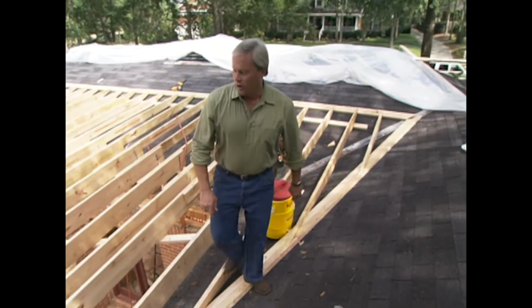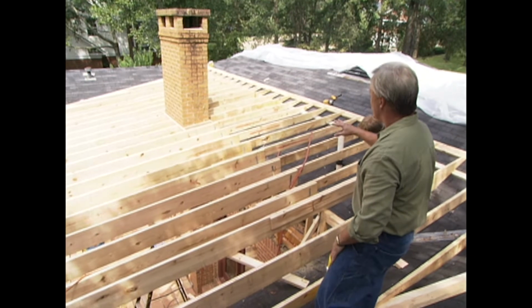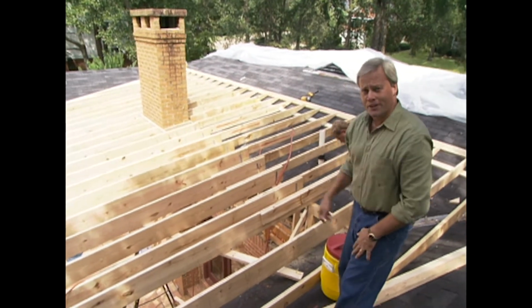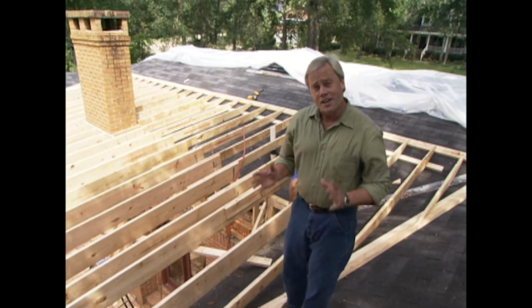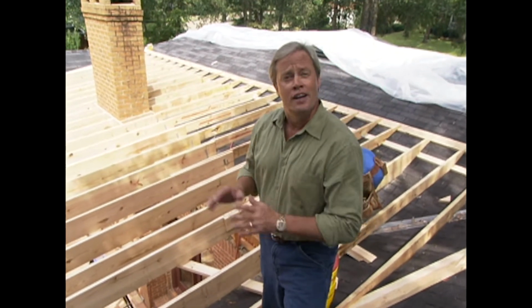Also, we're working on a lot of the area around the fireplace to really block that in because we'll have a lot of flashing going all around that. Make sure we don't have any leaks around the chimney. Now, the next step after we've completed a little bit more of the framing here is to start the installation